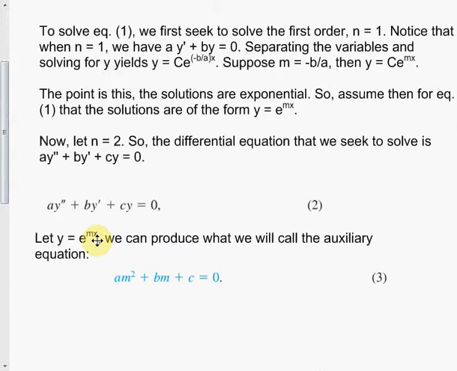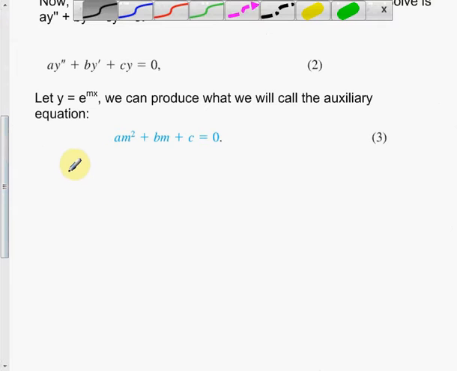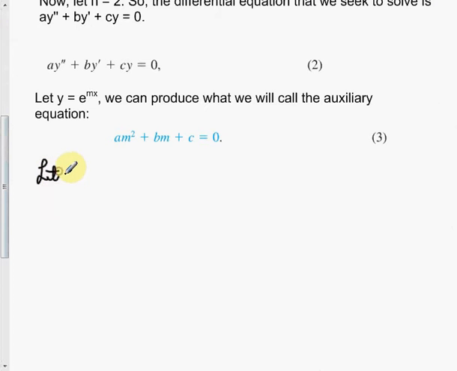Let me show you. Again, this is the introduction. So let y equal to e to the mx